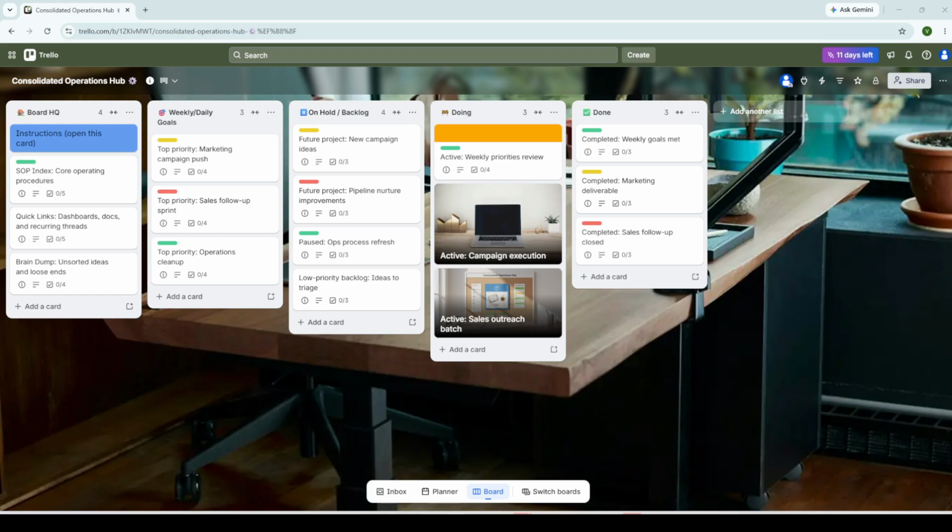By the end of this video, you'll know exactly how to set up a single board Trello system that streamlines your entire workflow, from daily tasks to long-term projects. Trello is one of the most flexible project management tools out there, but the problem most people run into is that they create too many boards, scattering their attention and their tasks. Today, I'm going to show you my personal process for consolidating everything into one powerful board, so you always know